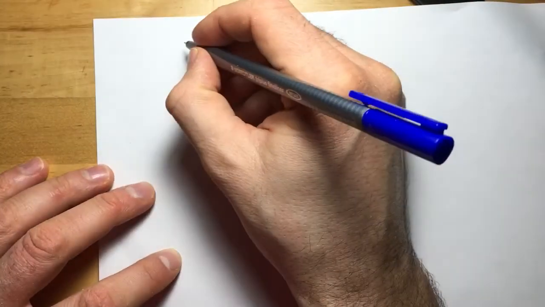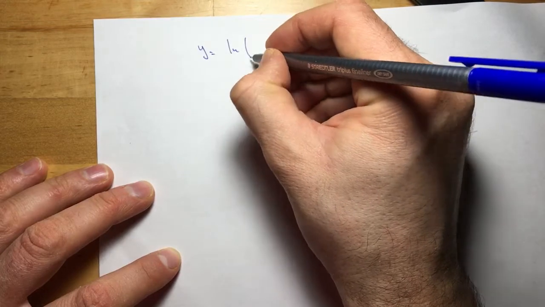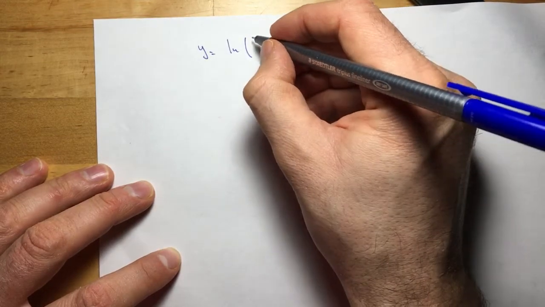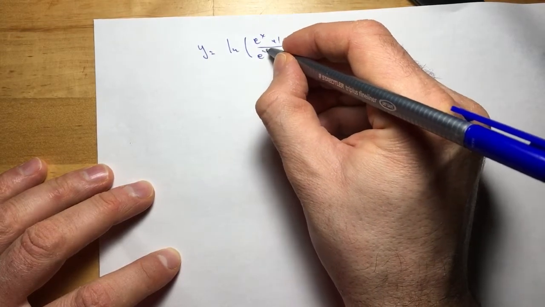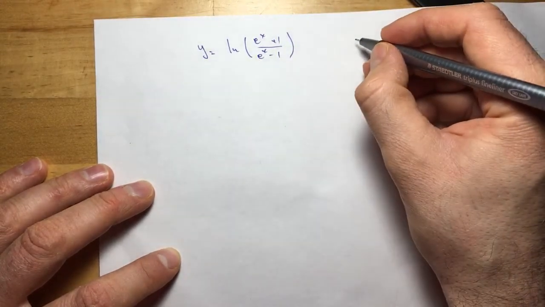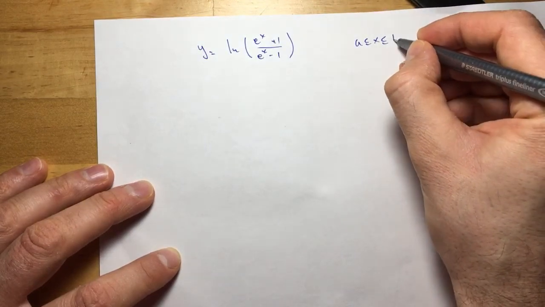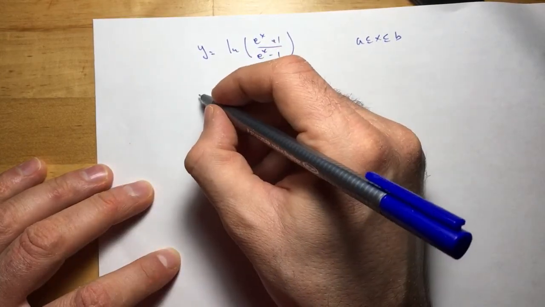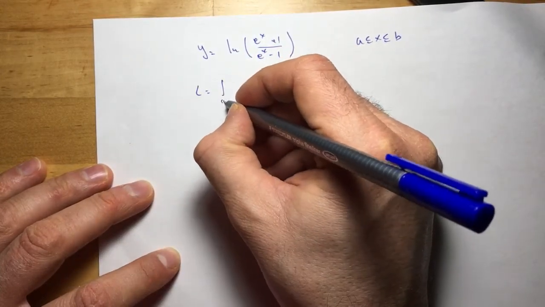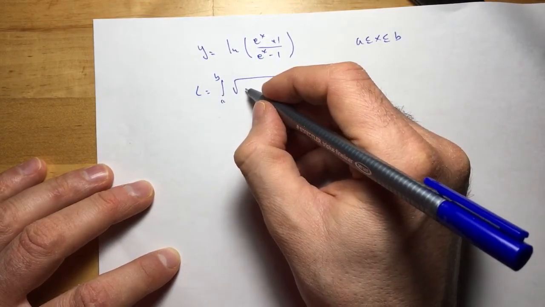Hi everybody, so this is a question from WebWork. It says find the arc length of y equals ln of (e^x + 1)/(e^x - 1) for x between a and b. Okay, so just recall that the arc length is the definite integral from a to b of the square root of 1 plus